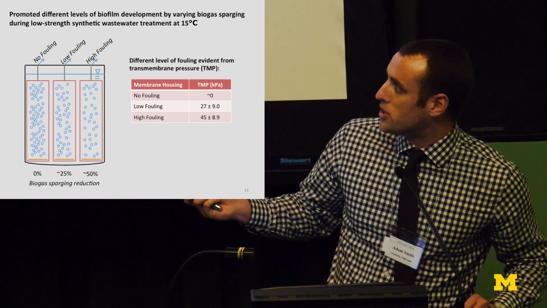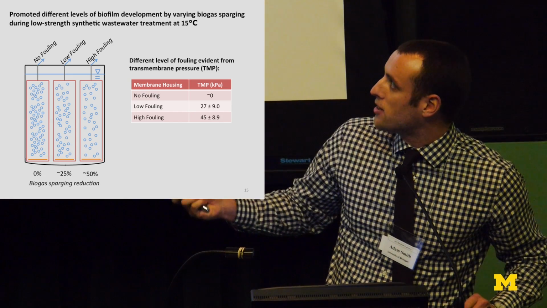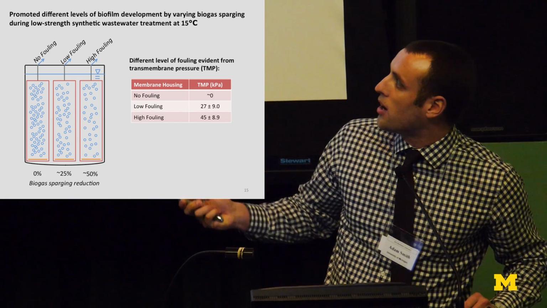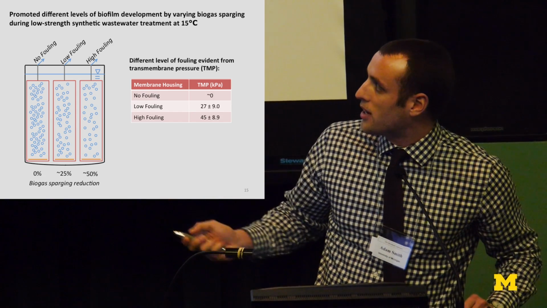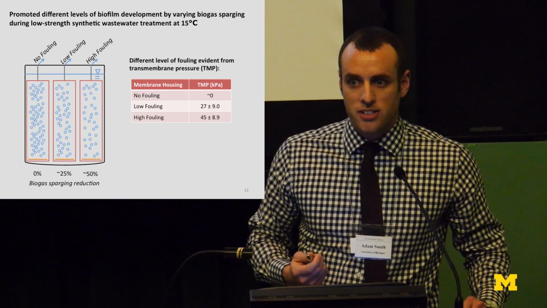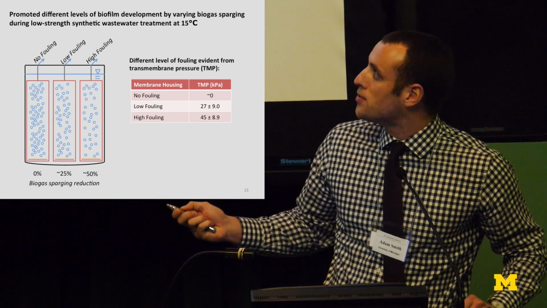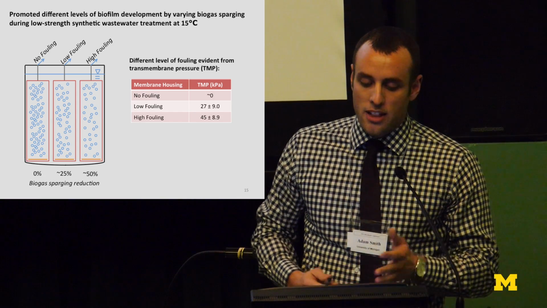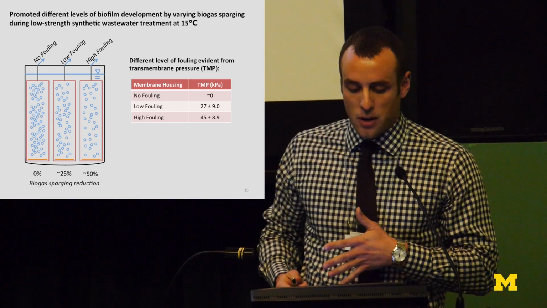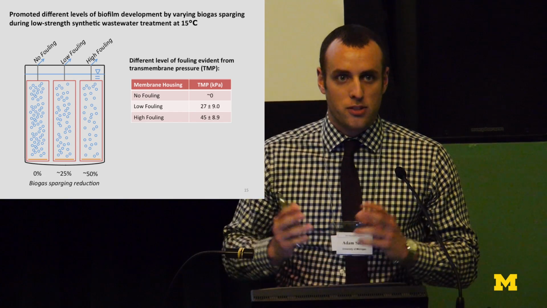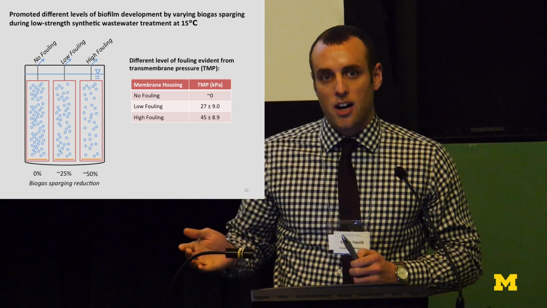So we use biogas sparging flow rate to do so, and so for the membrane housing on the left here, which these each produce their own effluents, I do want to point out. For the one on the left, we operated at a very high biogas sparging flow rate to limit any accumulation of foulants on that membrane surface. For the next membrane housing, we operated at a slightly reduced biogas sparging flow rate. And then for the third one, we operated at an even lower biogas sparging flow rate so that we could have 3 distinct levels of fouling and 3 different developments